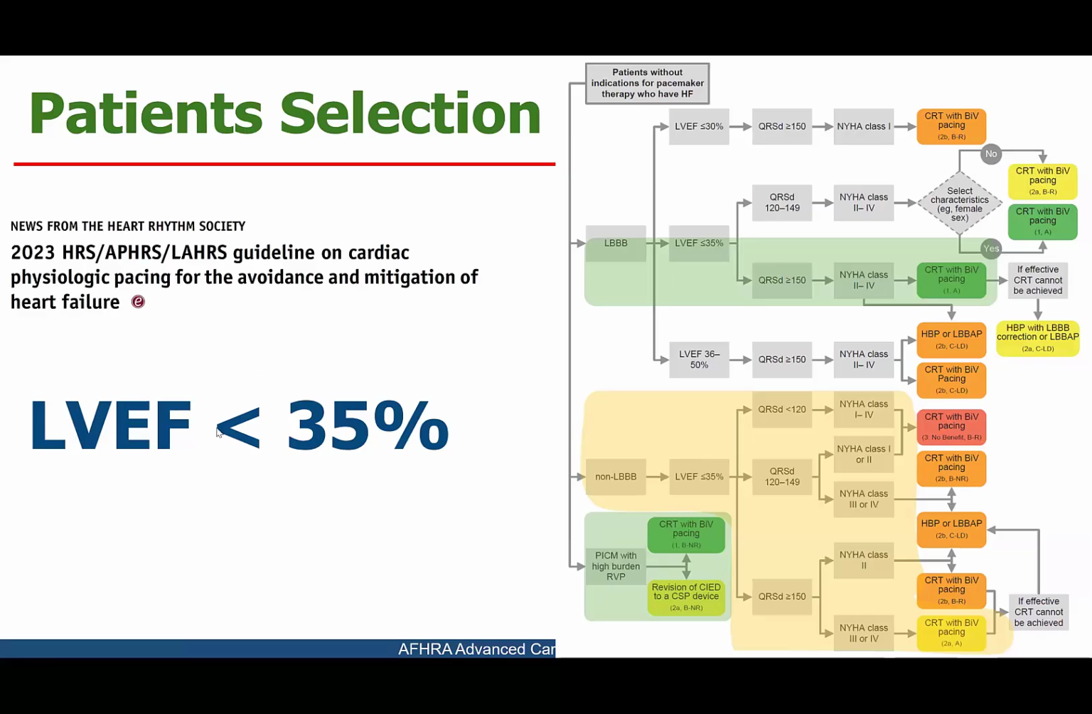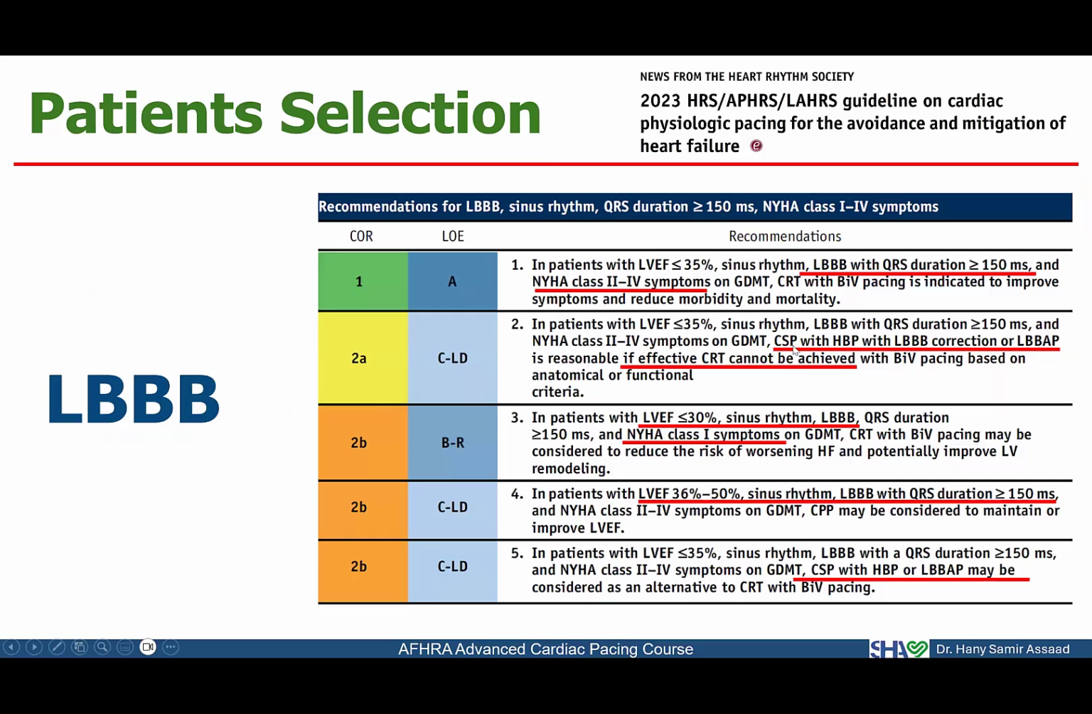So the guidelines said that in left bundle branch block morphology, it's evident: class 1A for NYHA class 2 to 4 to have biventricular pacing. And you should consider conductive system pacing if effective CRT cannot be achieved. It's a class 2B, so you may consider